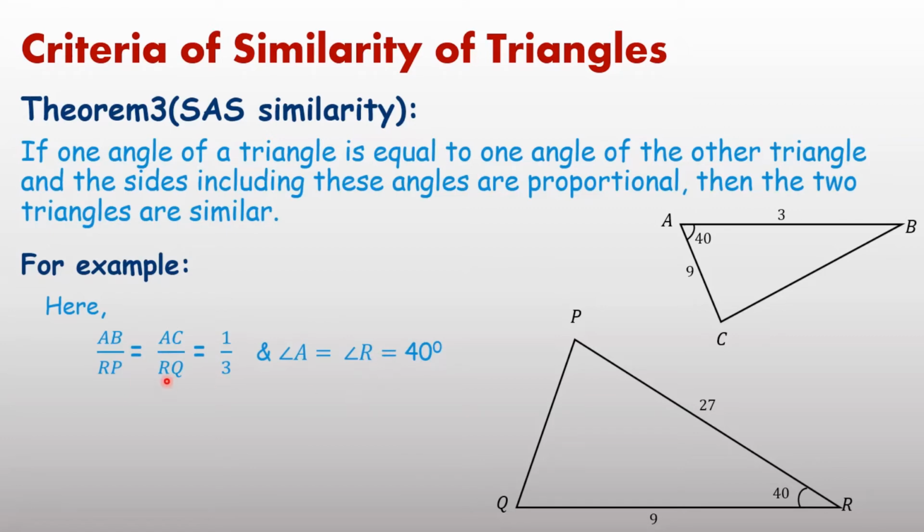And also one easy method to consider the included angle: if two sides AB and AC are given, point A is common in both, therefore angle A should be there. RP and RQ written, here point R is common in both sides, therefore you should consider angle R, not any other angle. If these two angles are also equal, then we can say triangles are similar.